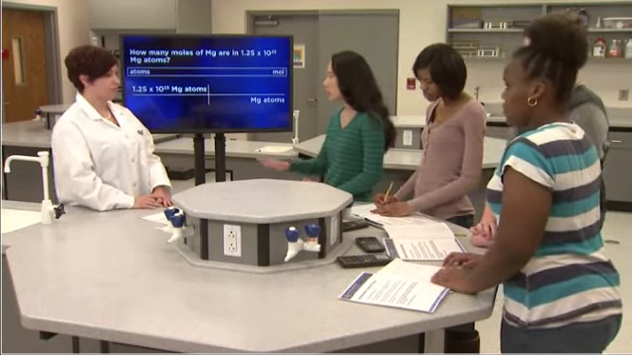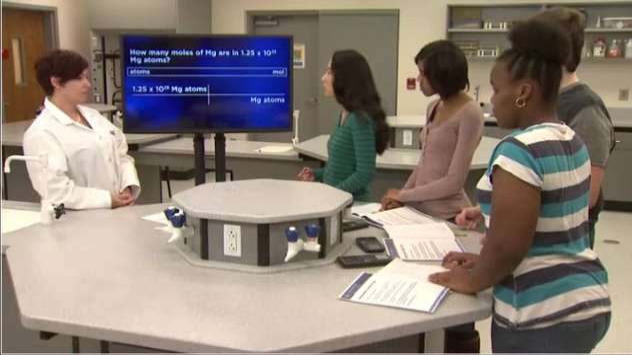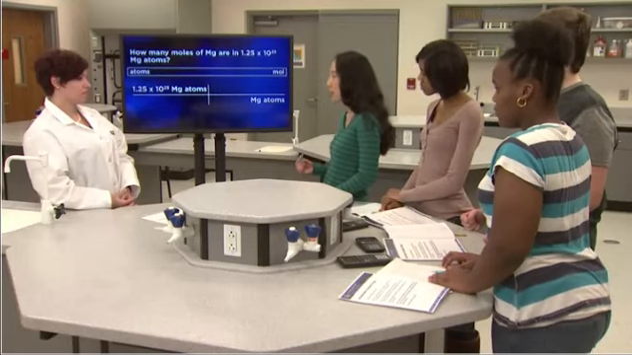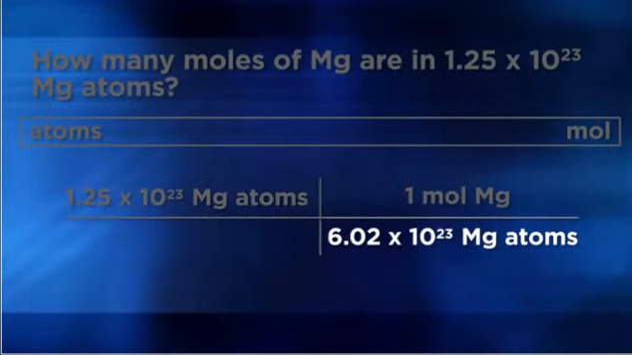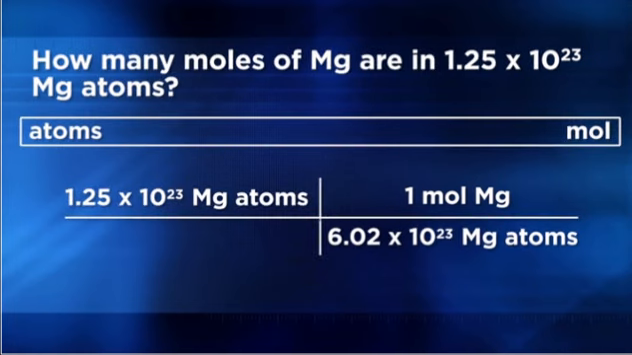Oh, yeah. Well, since we need to convert to moles and we have particles, well, atoms, to begin with, we can use the equivalent statement 1 mole of magnesium equals 6.02 times 10 to the 23rd magnesium atoms. This time, we'll need to put Avogadro's number in the denominator, and we can put 1 mole of magnesium in the numerator. That's it. Then we can cancel the units of magnesium atoms,